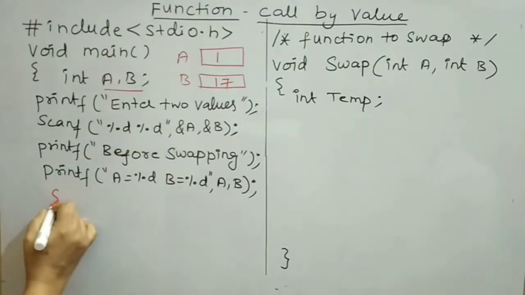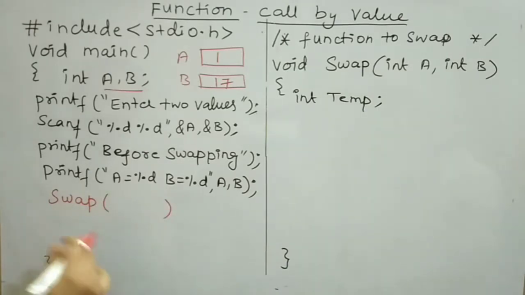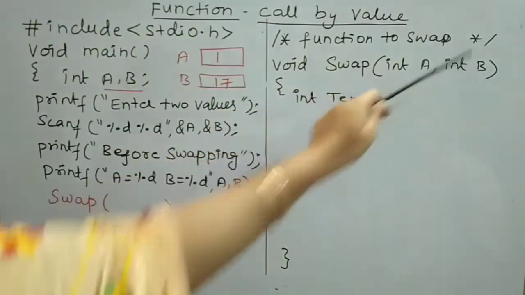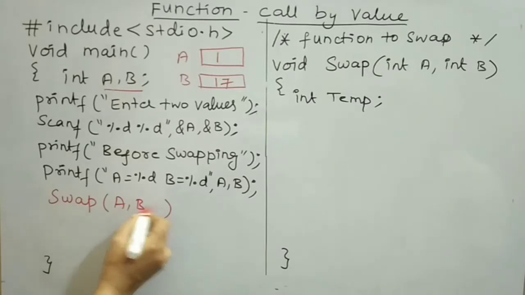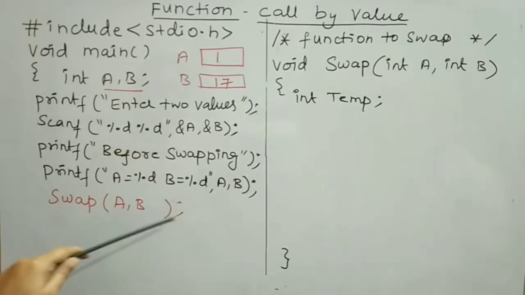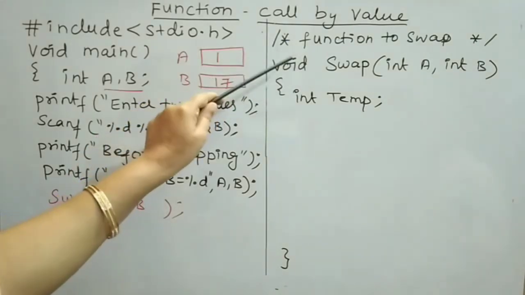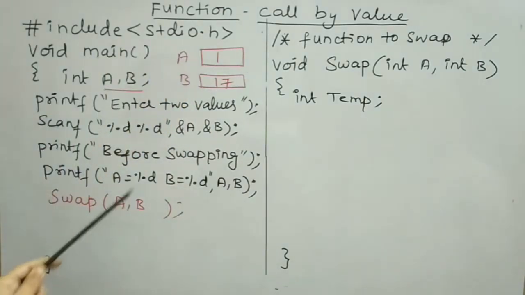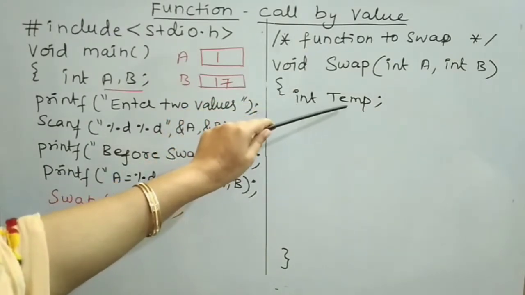If I want to call the function, name of the function within parentheses, I need to pass two values. I am passing the values of a and b which I want to interchange. And then once we see the function call, control will be transferred to the function prototype or function header statement. Inside the function definition, I have declared a local variable temp.